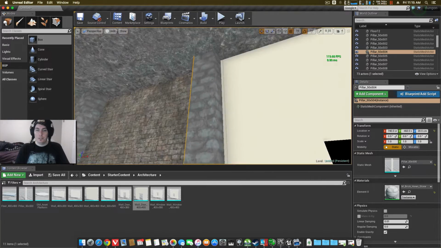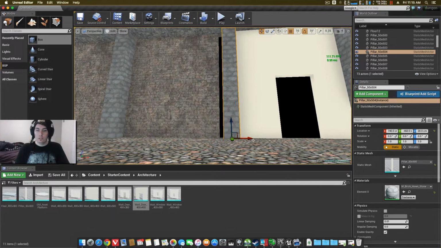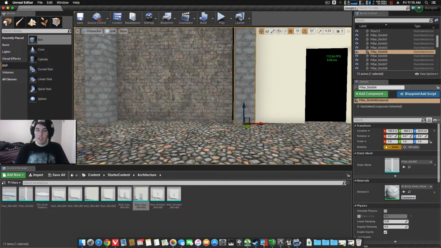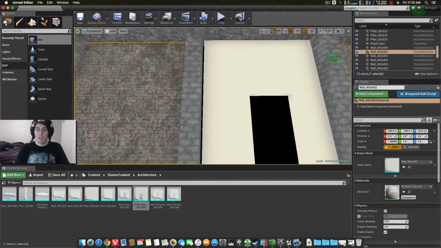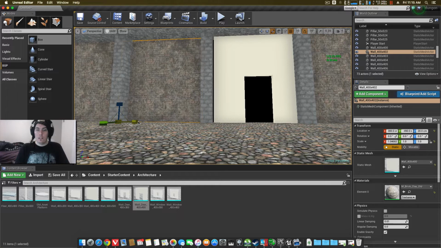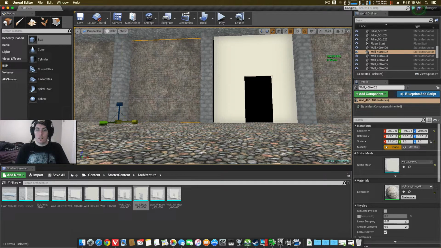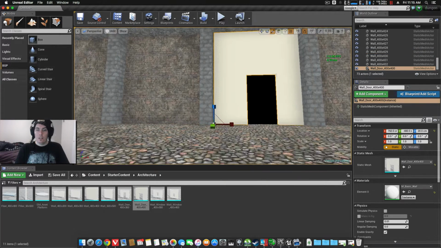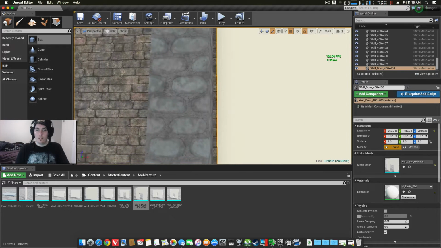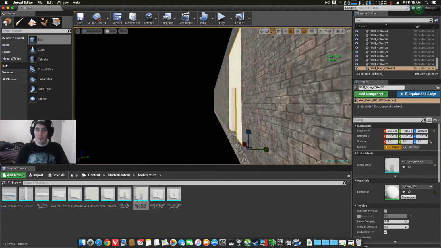Just push it back one. Move it again until it fits right in. I'm going to go like that. And perfect. As long as it does not overlap to the point where we've got issues,